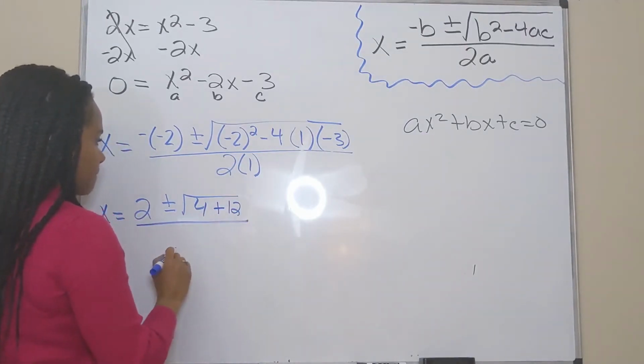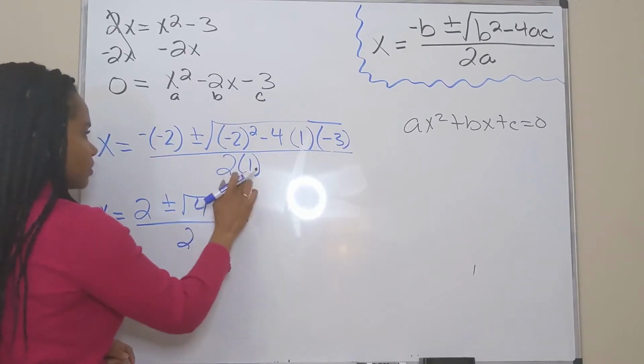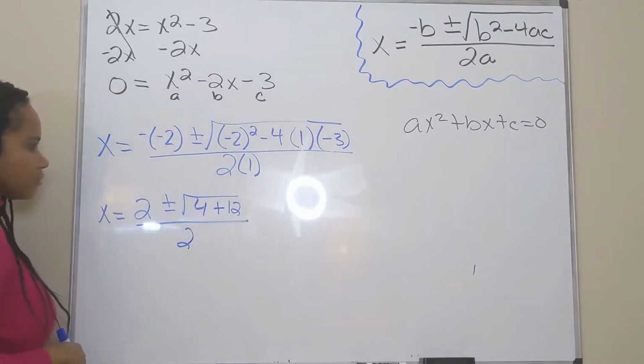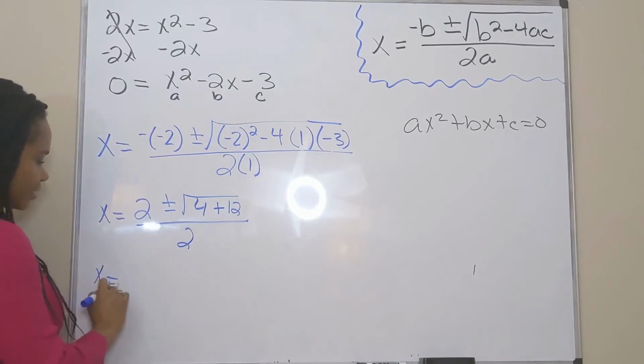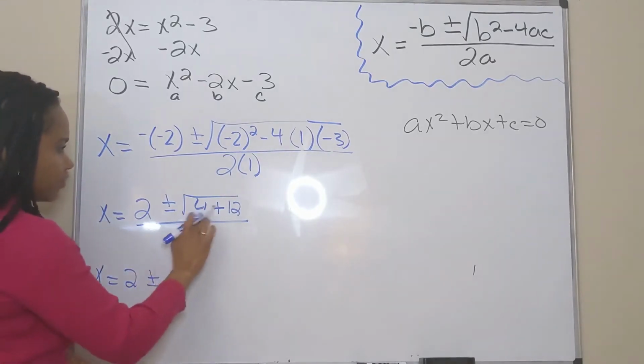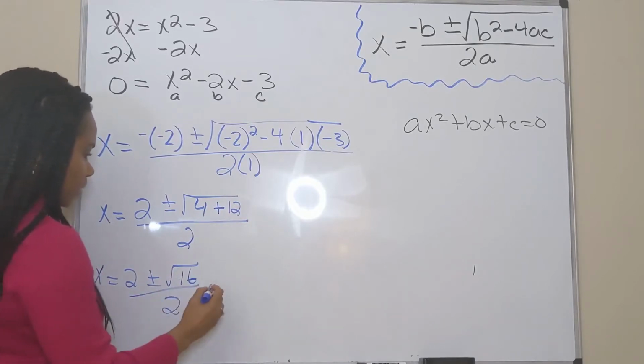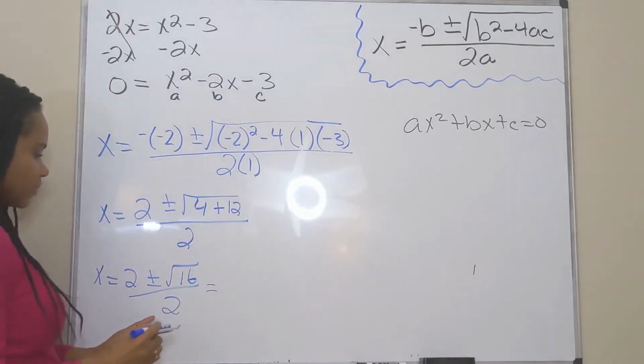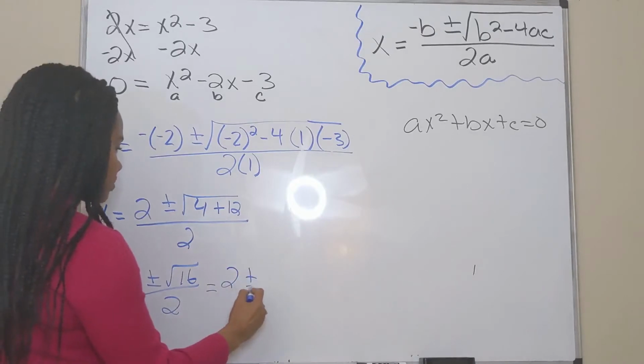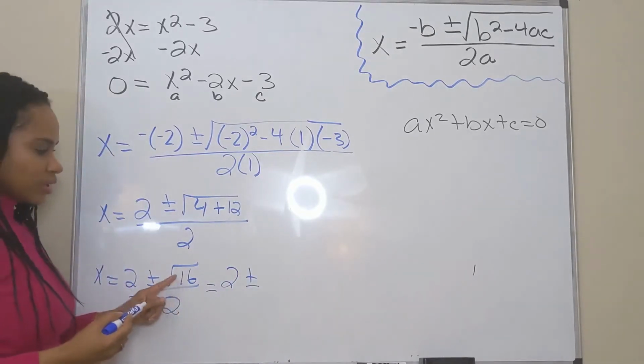All over 2. 2 times 1 is 2. Simplifying it more. 2 plus or minus 4 plus 12, that is 16, all over 2. And since I'm running out of space, that's going to be 2 plus or minus, the square root of 16 is 4